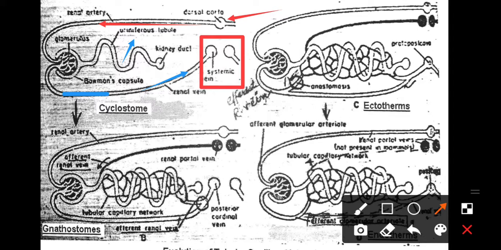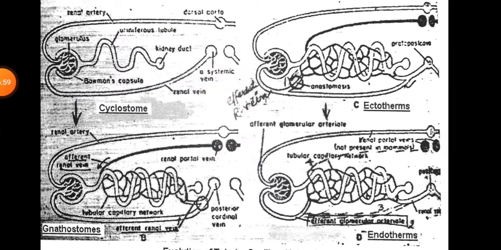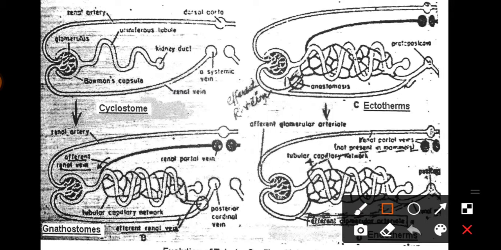Now students, if you take a quick look at diagram B, which is present below it, you can see the presence of the renal portal vein over here. This is a development of the renal portal veins. They have been developed over here in the center of the body, and they are above the level of the cardinal veins. So the cardinal veins are present below